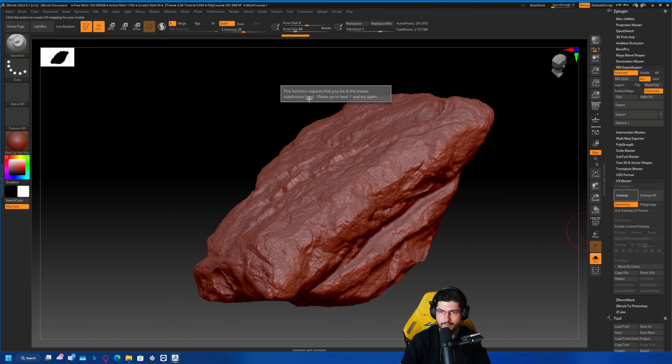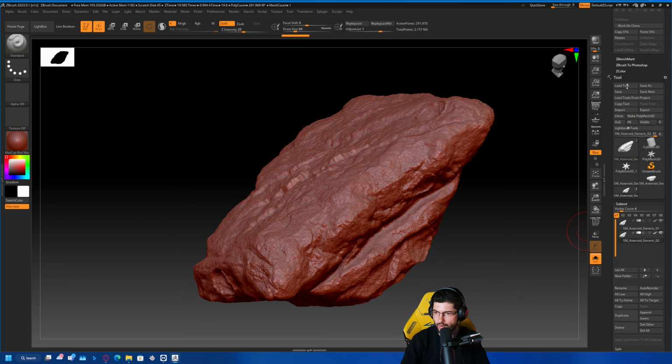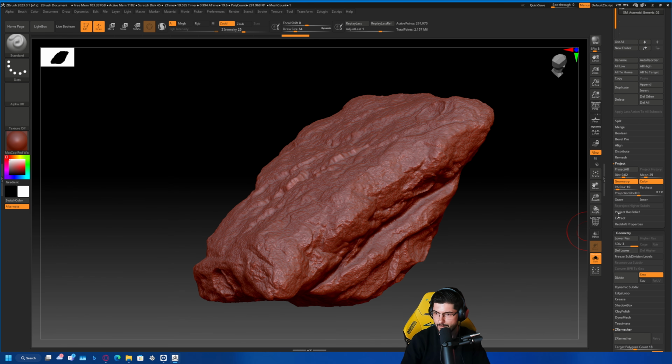Now you'll see in here, this function requires that you be at the lowest subdivision level. This is very important, because if you don't delete the previous subdivision levels of your simplified remeshed model, then you won't be able to use that. So what I'm going to do is go over here where we can see the divide button, and then we've got in here where it says delete lower. So I'm going to press delete lower, which means now I have only one subdivision level, which is this one. And by the way, this is a permanent move, so this now has